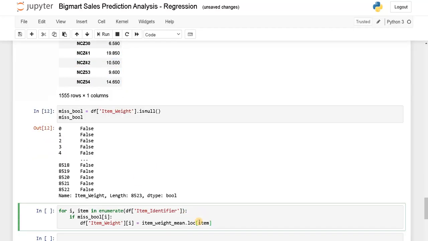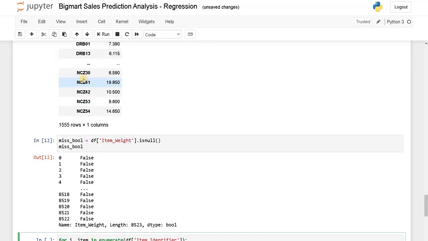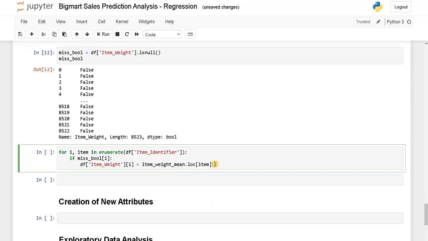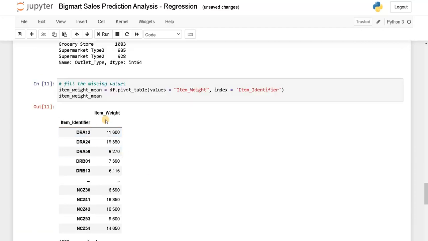In these values, it will search for this particular item. Based on that particular item, we will get the value. To get the value, we will use item weight. So as you can see here, this is the index value. We are using this index value to find the particular location.